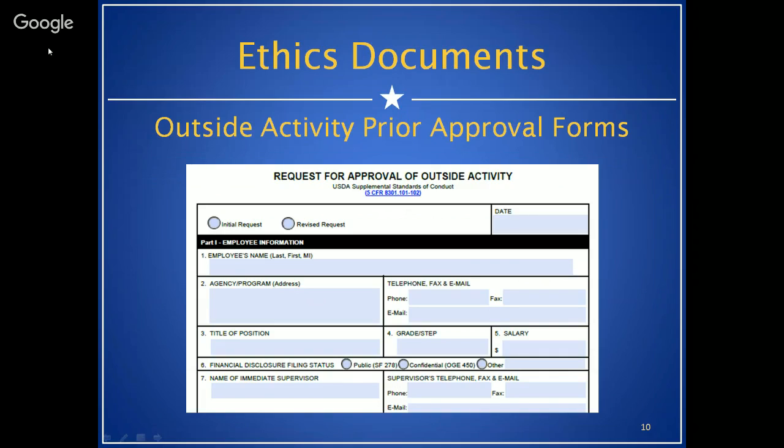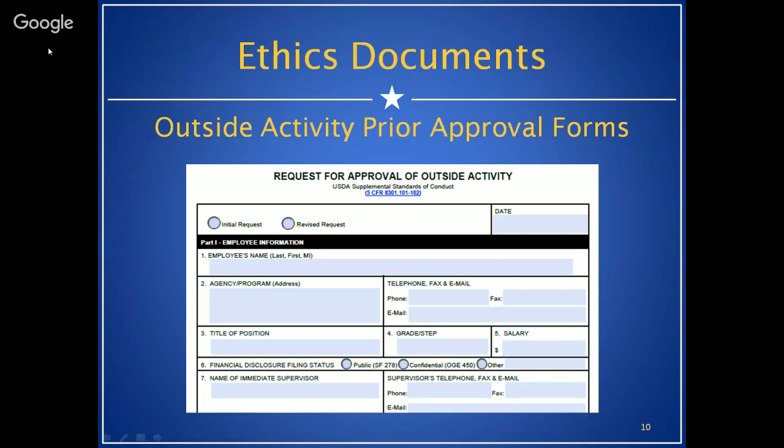So now let's talk about outside activity prior approval forms. Now, as I mentioned before, some agencies have supplemental rules, supplemental agency ethics regulations that are published jointly with OGE that require employees to obtain prior approval before they engage in certain outside activities. It could be an outside business activity, it might be outside teaching, speaking, or writing, or it could be just outside employment. Now, if they have this requirement, they'll typically have a requirement that the employee fill out a form